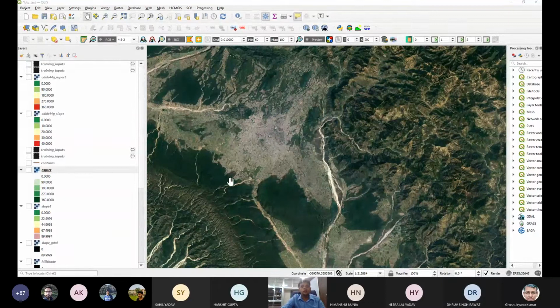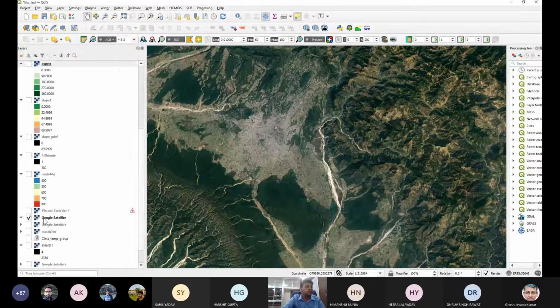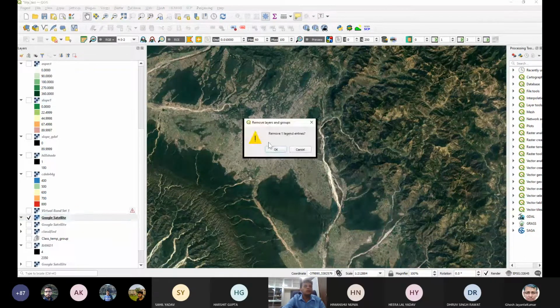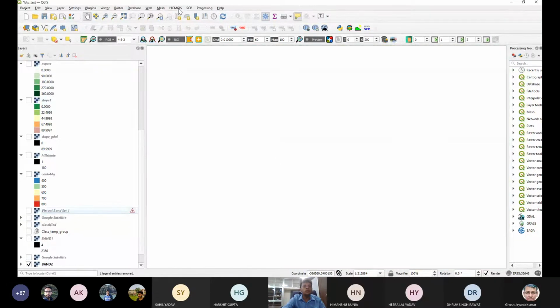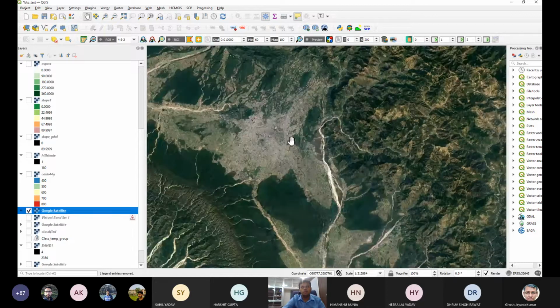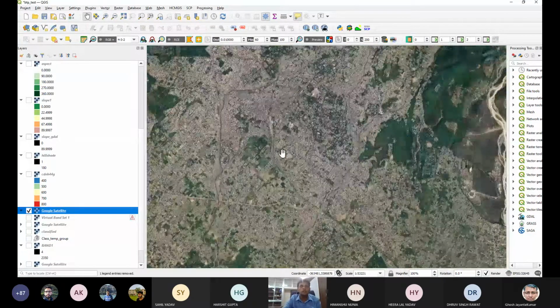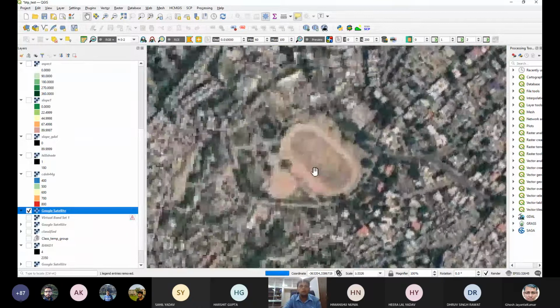As you can see, we are over the Dehradun area, and how I get it, maybe I just start from scratch. So I remove the layer. So when you go to HCM GIS, you go to base map and you have a Google satellite. That's how you have access to high resolution satellite images. And why I see it? Because when you zoom in a little bit, also zoom in a little bit,